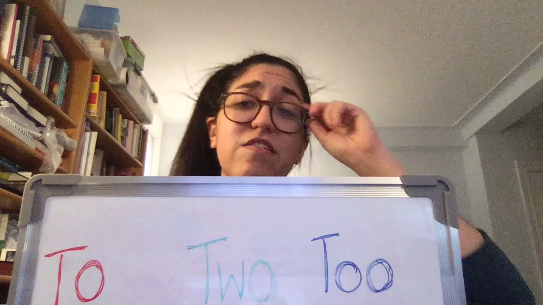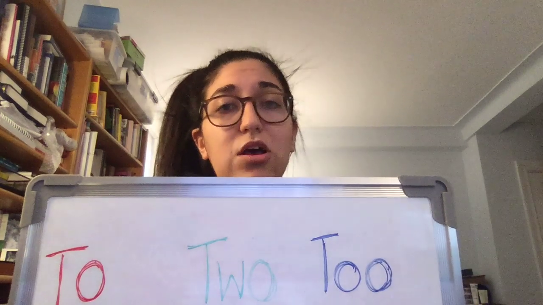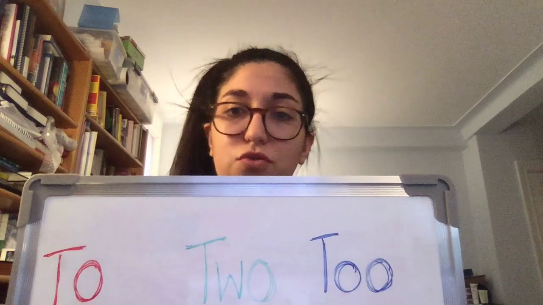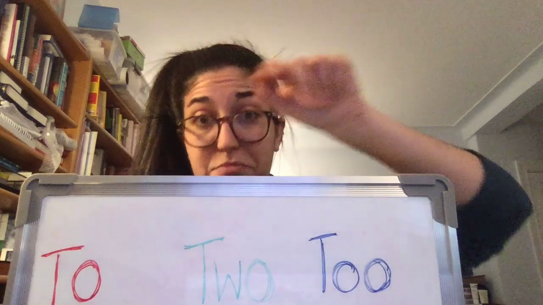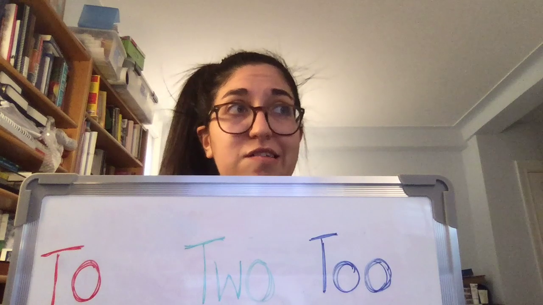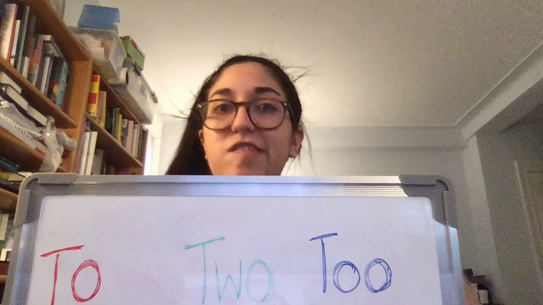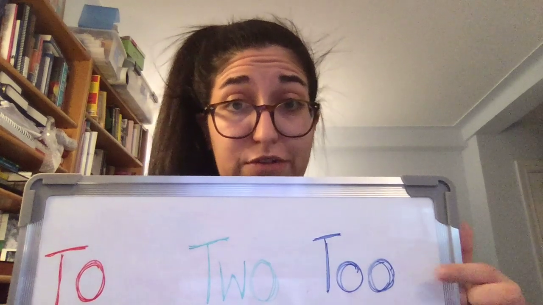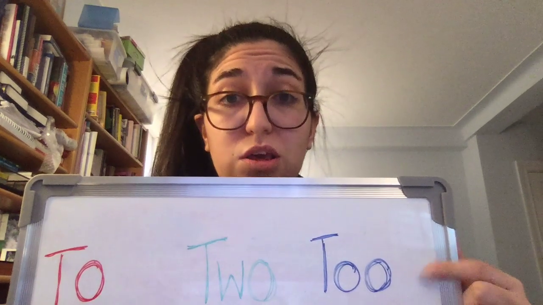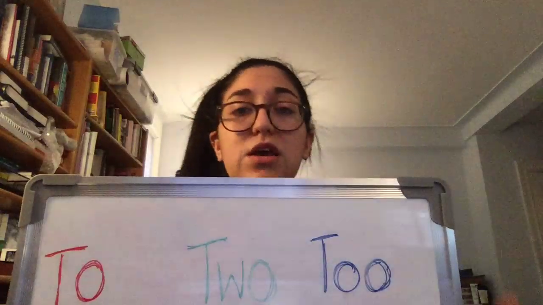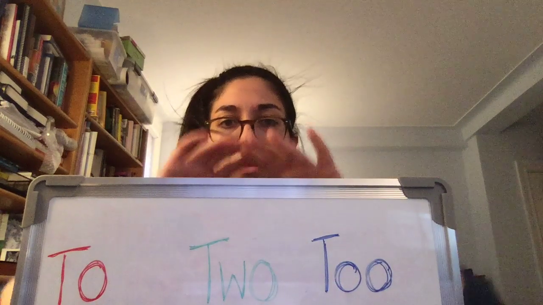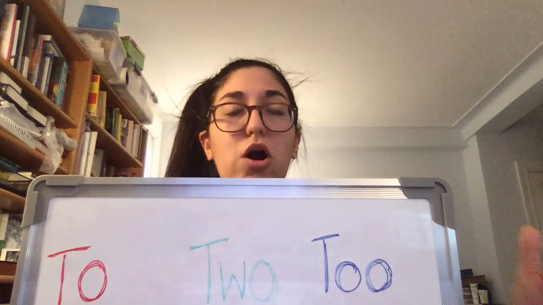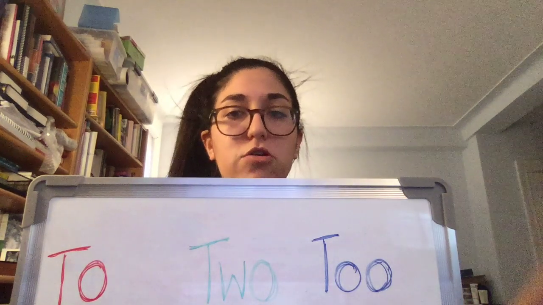And then last but not least, too, with two O's, wow, has two meanings. The first meaning is an excessive amount, too much of something. You had too much candy for breakfast. You are too young to be drinking caffeine. It is too much. It's more than what you need, right? So if you are up too early in the day, you're up earlier than you should be.